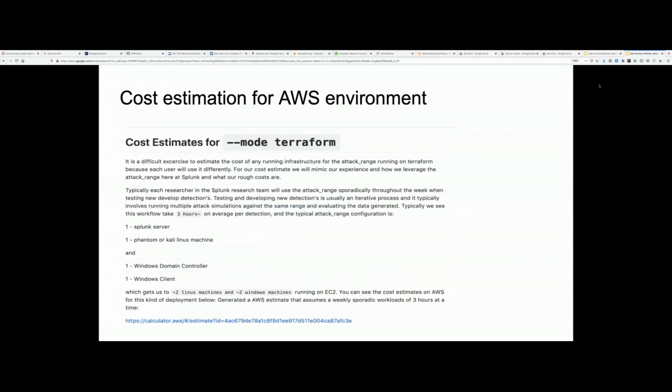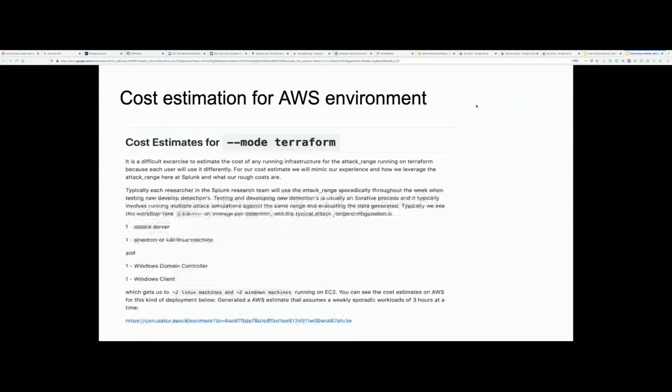All right, so here's, maybe you can chime in here as well, because you have a deeper knowledge than me on the AWS cost, the cost jungle, to call it a certain way. Yeah, so the attack range instance type. First, in Terraform mode it's built for AWS, and the instance type we use is T2 2XL. So if you price out the cost of running a T2 2XL instance, and specifically,